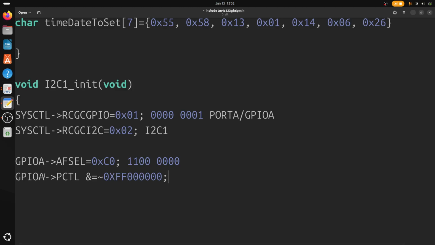So this GPIO is now using the port control register. This one is bit 6 and 7, and this is FF. FF means 1, and the negation of FF means 0. And so we are clearing bit 6 and 7 of the port control register